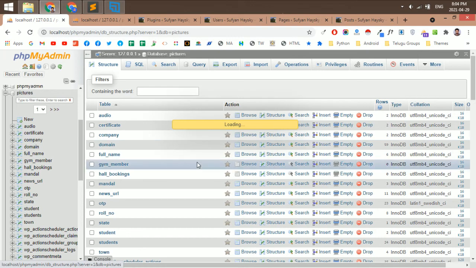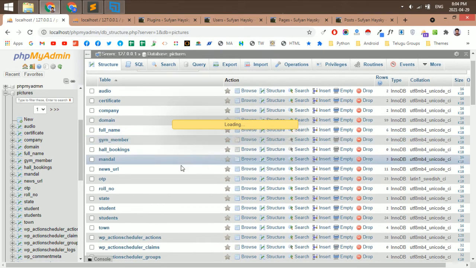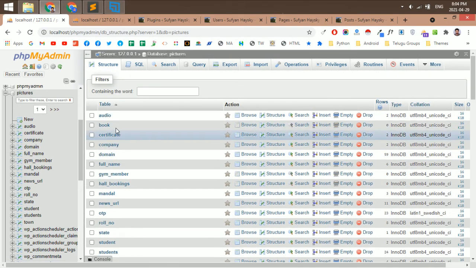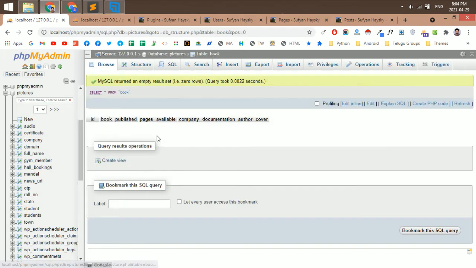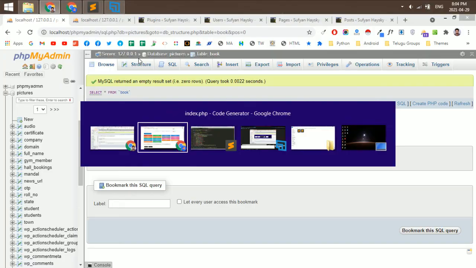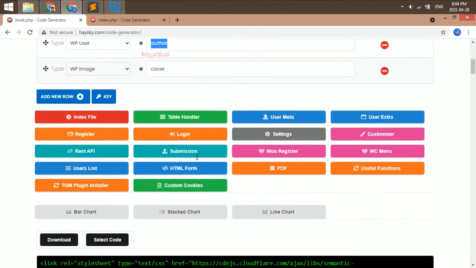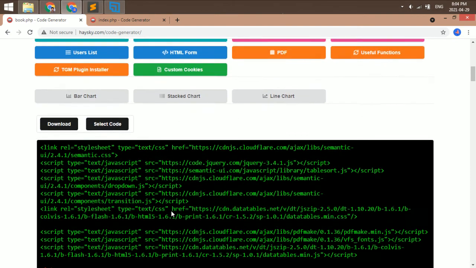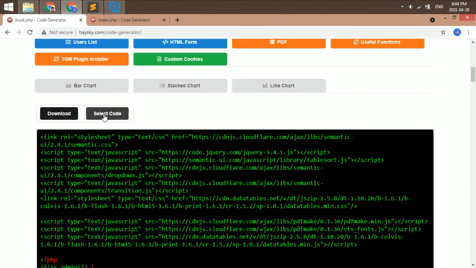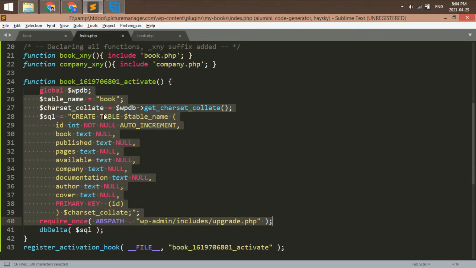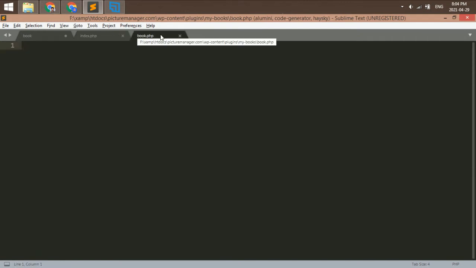Just click on this database. Now you can see the book table is there. So all the columns are created. Okay. Now we'll get back to our table handler code. So this is the table handler button. This is the code. I'll select all this, copy, and then paste to